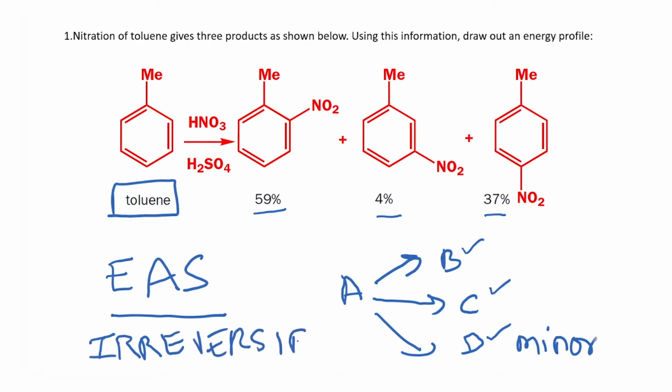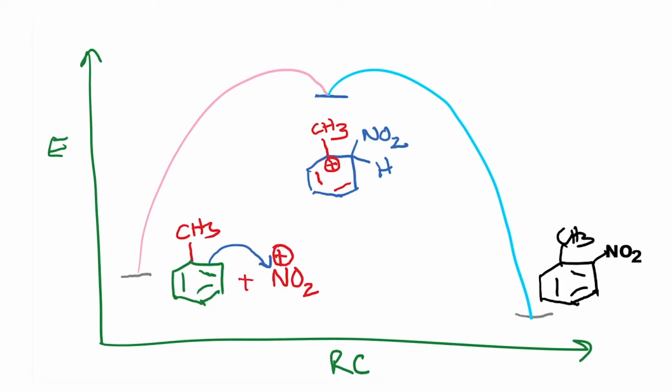Okay, so therefore it makes our job easy of drawing the energy profile. Now, in order to approach this problem, let us look at the energy profile for the first reaction, which is the formation of the ortho product. Okay, so important points here to note are that you have to clearly label the axis. So you have the energy here and reaction coordinate. And so what we know from electrophilic aromatic substitution is that there is going to be a high energy intermediate which is formed. And here comes our assumption, that is Hammond